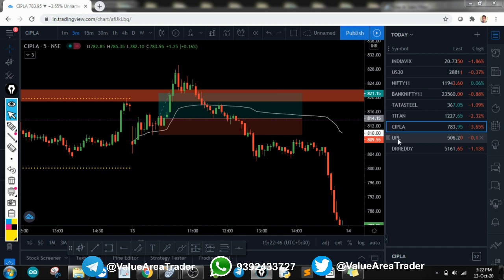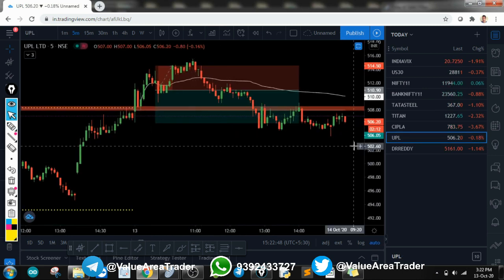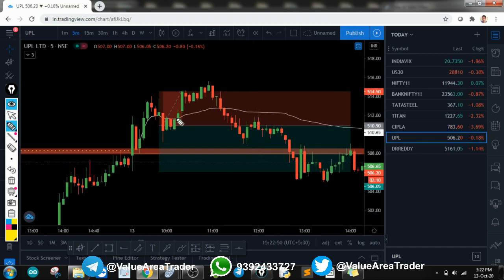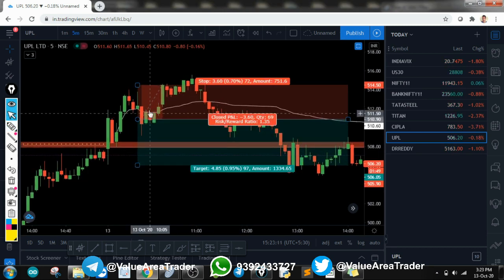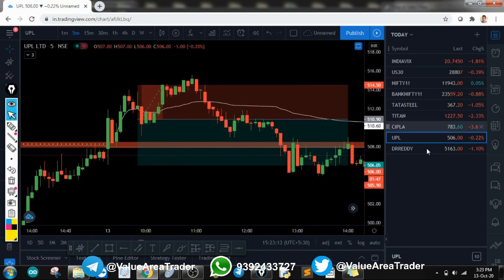So that was Cipla. Then we went for UPL. UPL did stop us out. It hit my stop loss here. Okay, so I went in because seeing this red candle on this VWAP, it broke the VWAP, and that's why I took a trade here. It just took a stop loss and went back down. So that is what happens in intraday. Normally your stop losses are hunted, so definitely it got hunted for me.